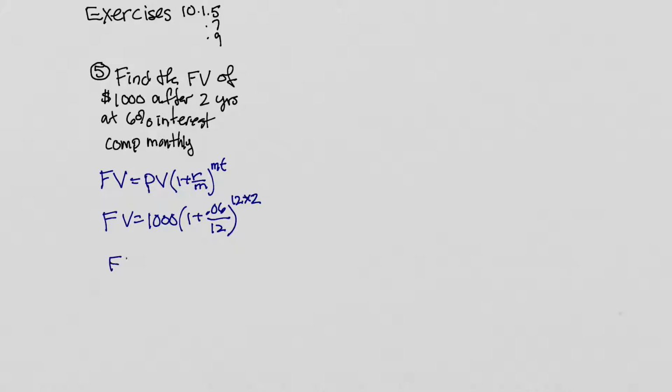And we get a future value of, when I did this on my TI-84, I got 1127.16. So what this says is that if you put $1,000 now into an account that pays 6%, leave it there for 2 years, compounded monthly, at the end of 2 years, you will have